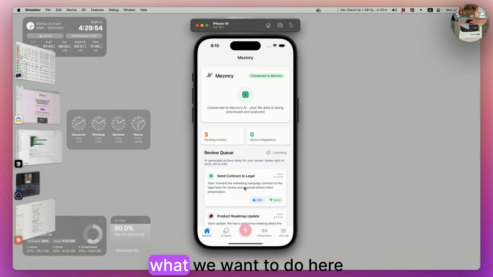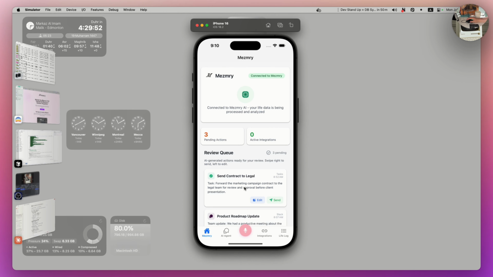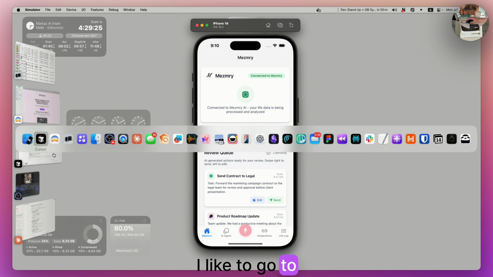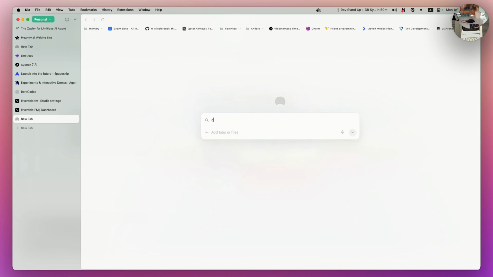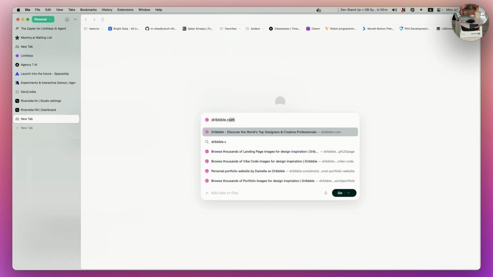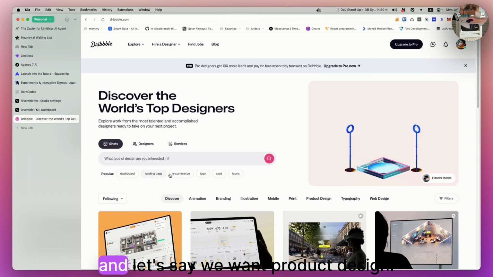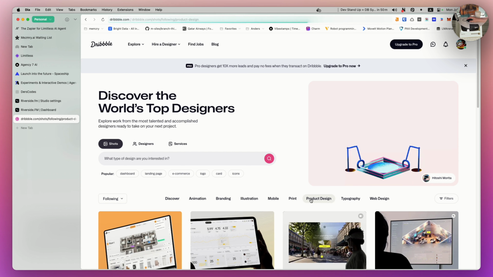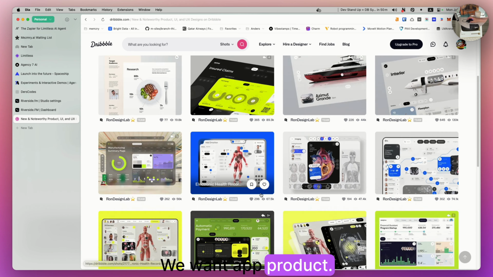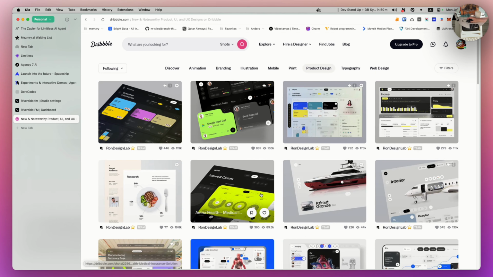So what we want to do here is start playing with the UI, making it look nicer. So first of all, let's look around here. Let's look for some inspiration. So I like to go to Dribbble. And let's say we want product design. No, not product, sorry. We want app product. I guess this is app product design. Let's say